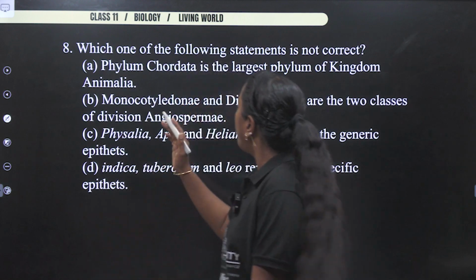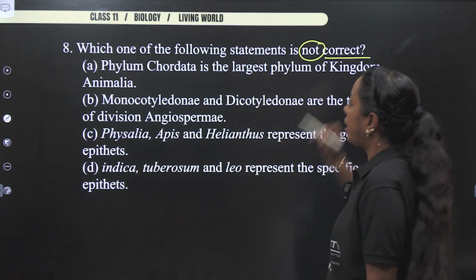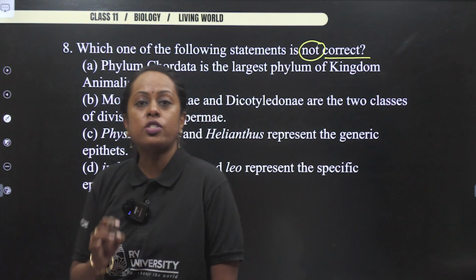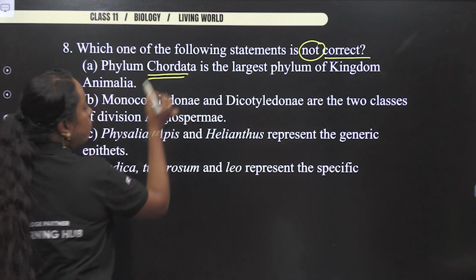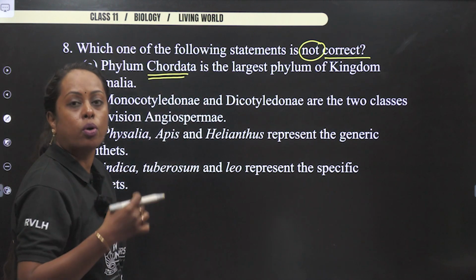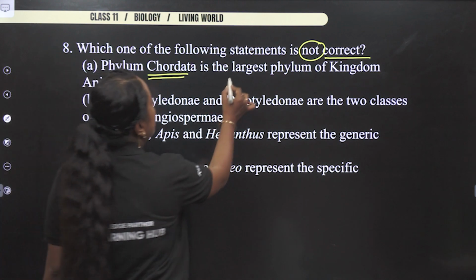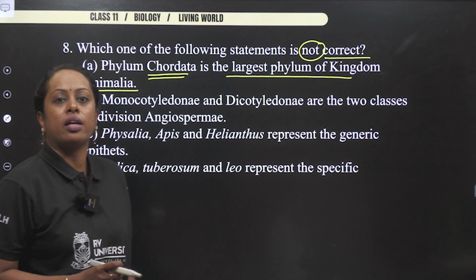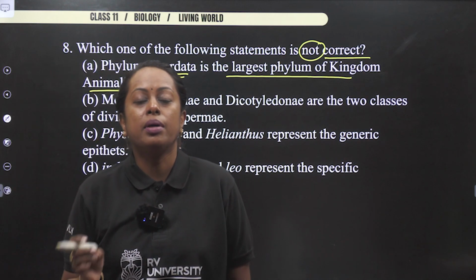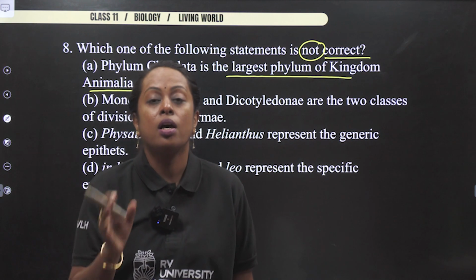Next. Which one of the following statements is not correct? See the word not. Now let us see. The first option says phylum Chordata, the one which is going to possess notochord entirely throughout the lifetime of an organism, is the largest phylum in kingdom Animalia. So what we studied? The largest phylum is said to be Arthropoda. So thereby,